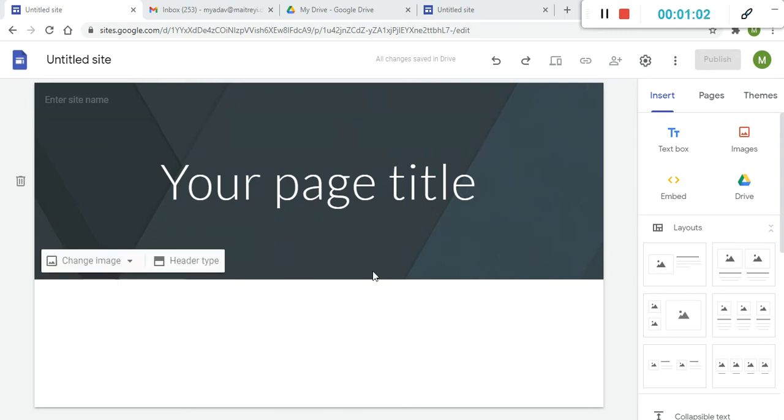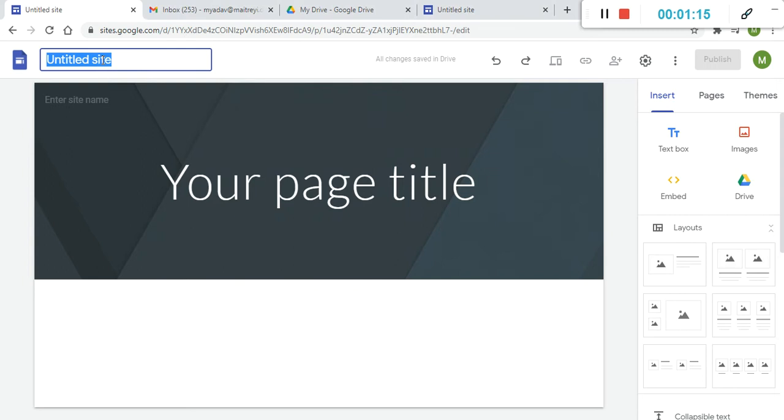So let us see how we can start with this blank page and create our own website. Let us say you want to create a website for your class and you are in your first year of the college. So let us give it a title. Let us say you are in BSc honors course first year.